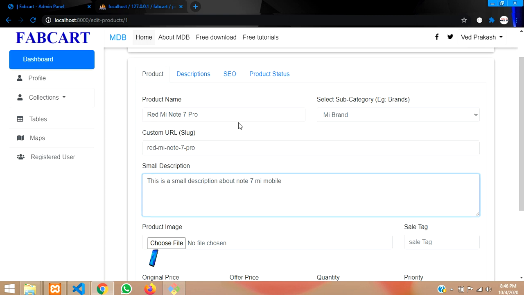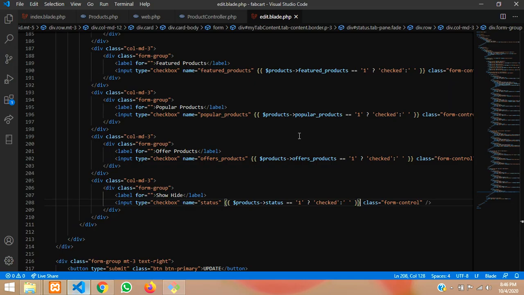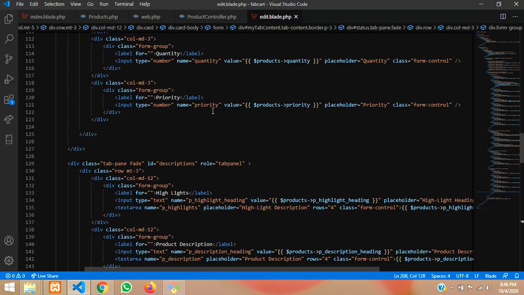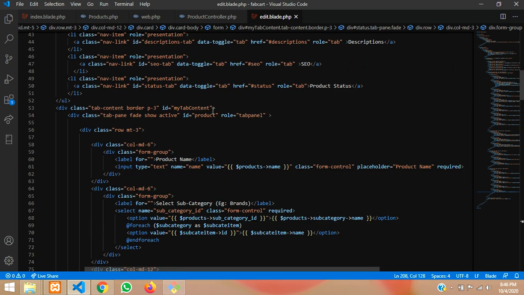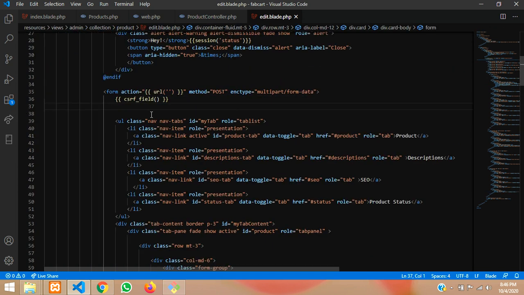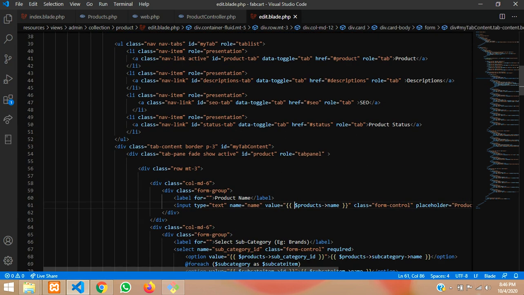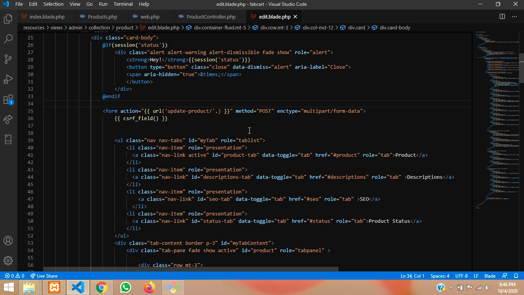Now let us update with it. As simple, we'll go to that form tag and check it. So yes guys, this was our form tag, and now you have to pass a URL. So let's type the URL update products / with the ID. Let's concatenate the ID whatever we have done with it. So let me copy this variable products and call its ID, products of ID, and we are to include multi-part form data for updating the images.